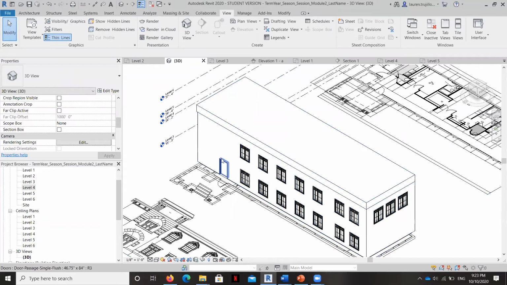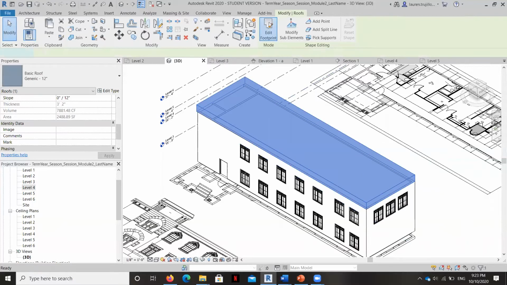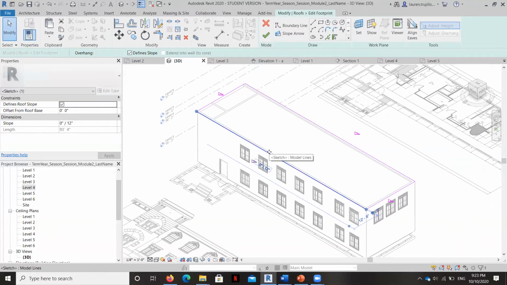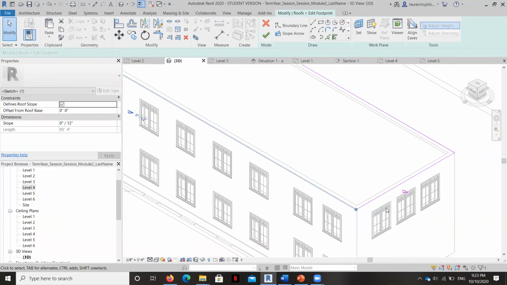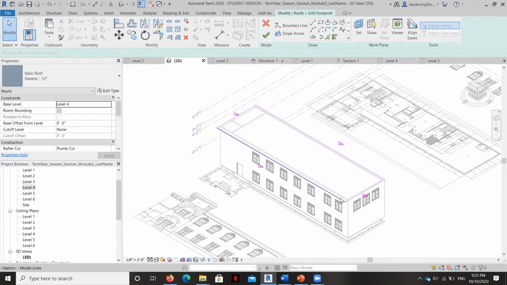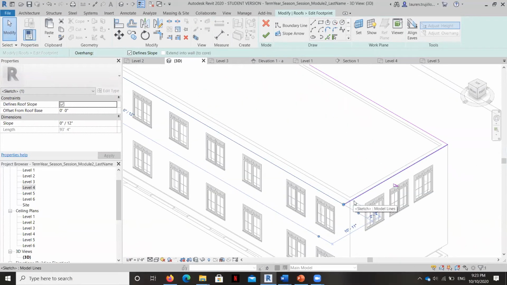So that's what I want to see at the completion of this particular deliverable or competency. But I'm going to just show you a couple of other fun things to do with your roof if you want to experiment down the road. So when you click on it, you're going to hit edit footprint, and there's the footprint. So we can start to select the overhang if we want to change it by selecting lines. And this works just like when we change the size or shape of the flooring footprint or the ceiling footprint. And I can click here and I can change this overhang to 12.